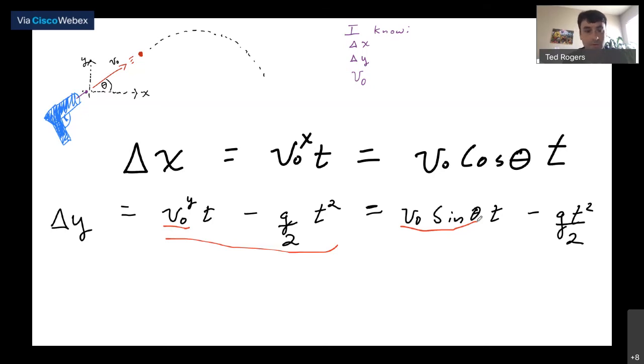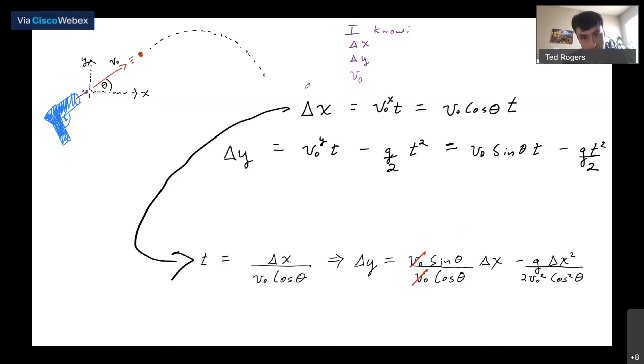Now let me just slide all of that up at the top of the screen so I still have it at hand. I note that I can solve this equation for time in terms of things that I know, namely delta x and v0. I don't know theta, but I want to get theta. I want to find an equation that is an expression for theta.